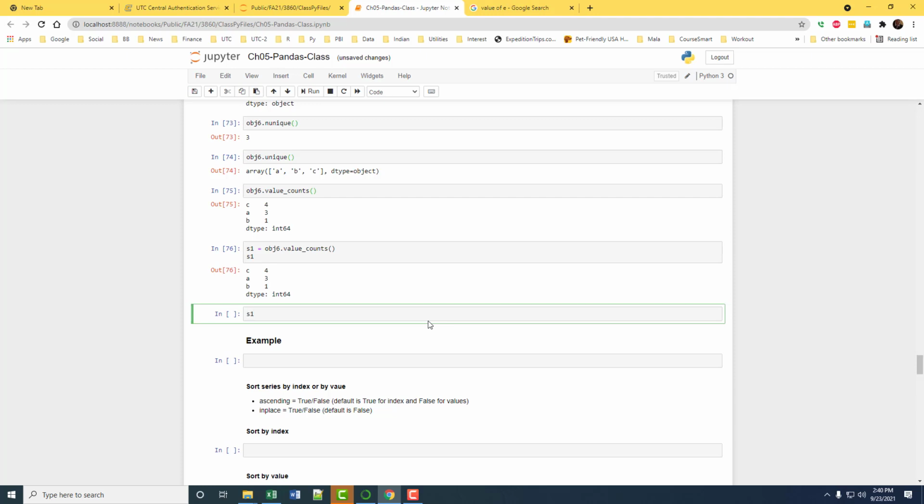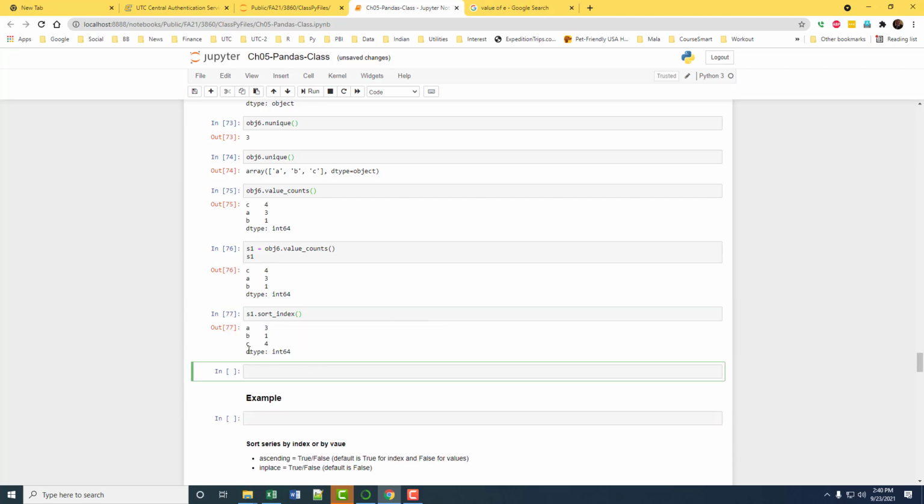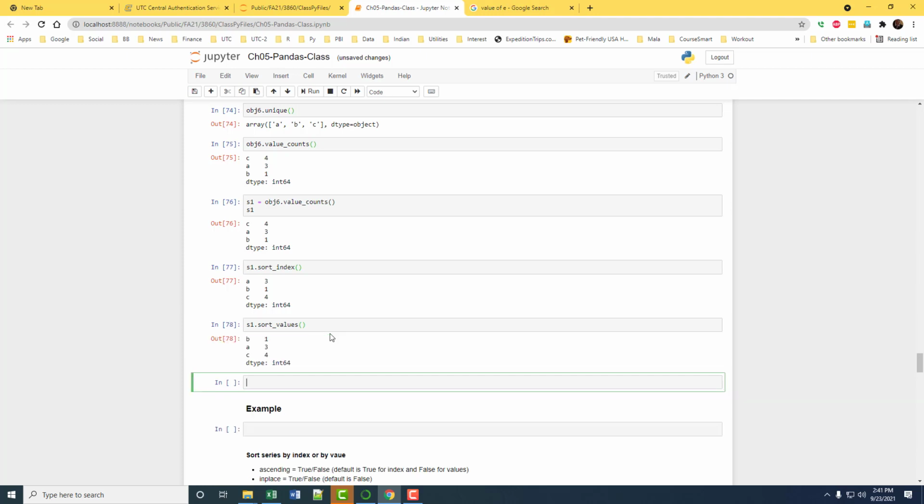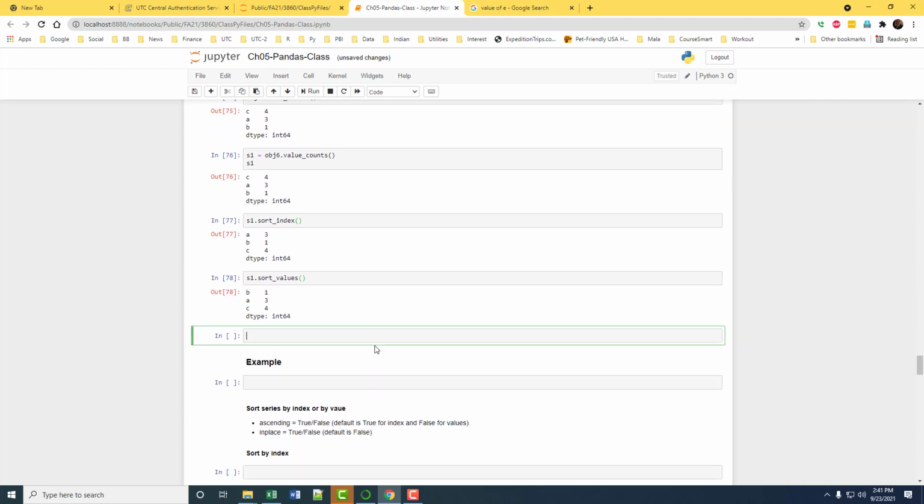Now if you take S1 and then you say sort index, that will sort by index. And if you do sort values, then it will sort by value.